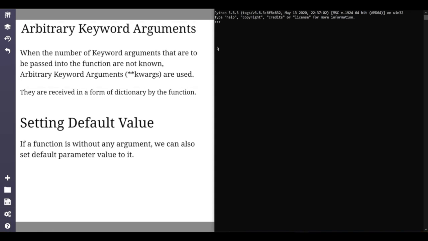So let's create again a program for this, defining my class as my function and then giving two asterisks and giving the name of the parameter, that is student name, giving colon